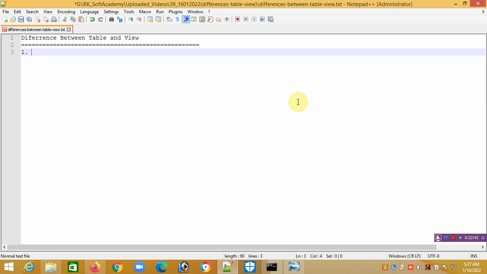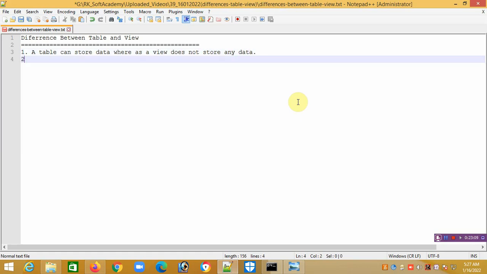First one I will write here: a table can store data, whereas a view does not store any data. Okay. So next is